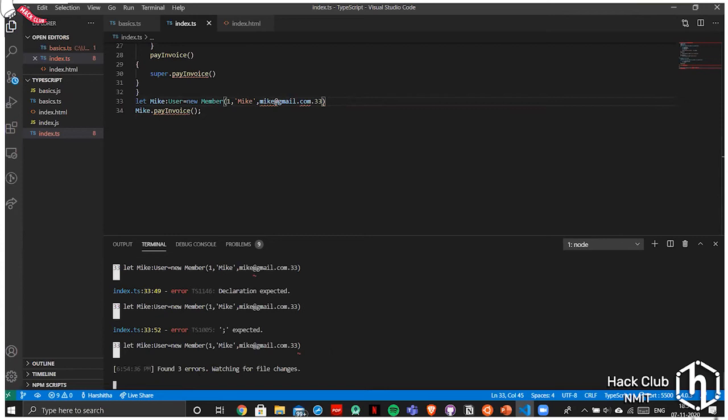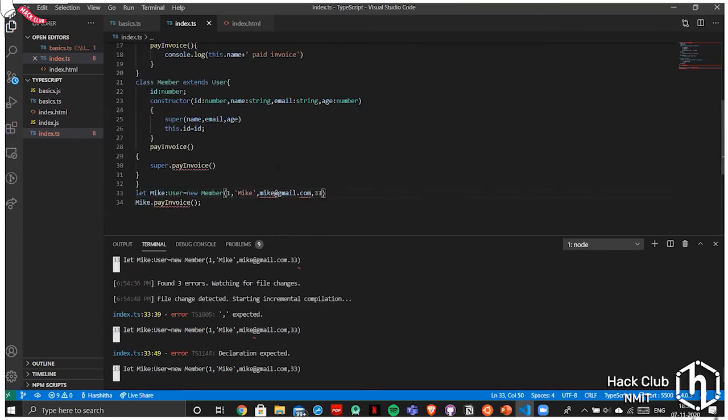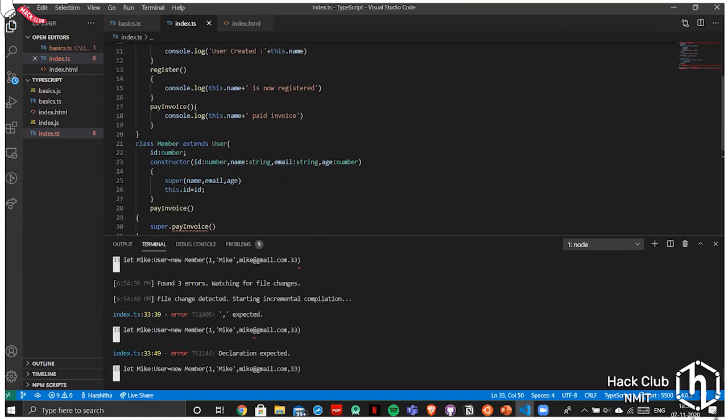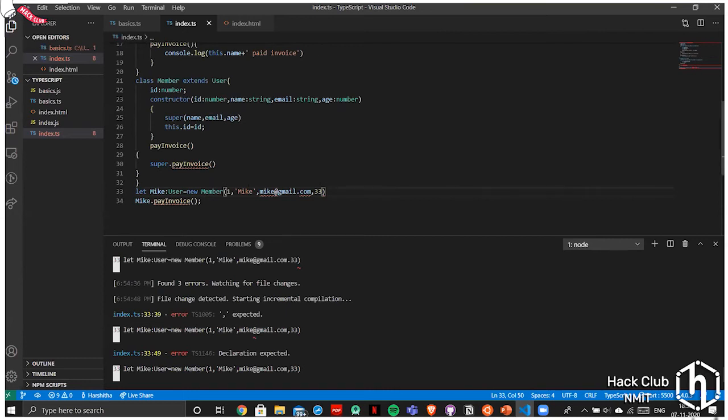There are still 3 errors. Can anyone see any errors? You can just put it up in the chat box. Comma 33 and then this string.